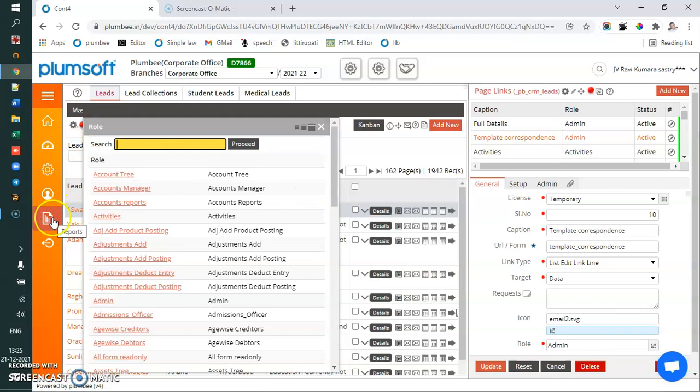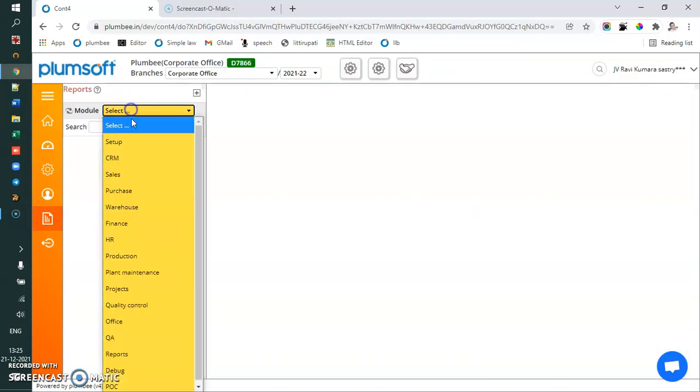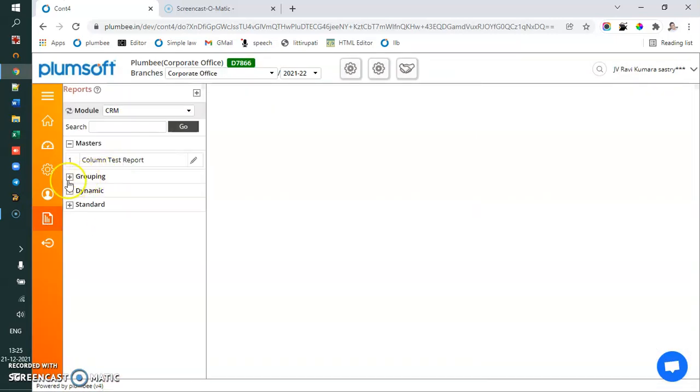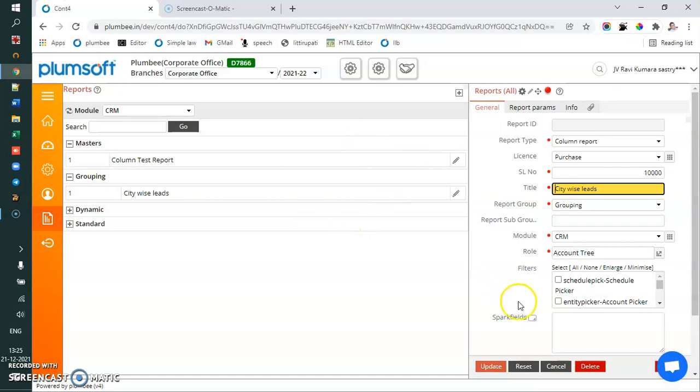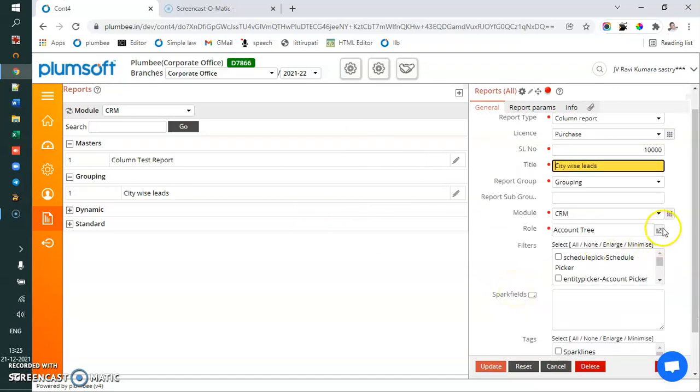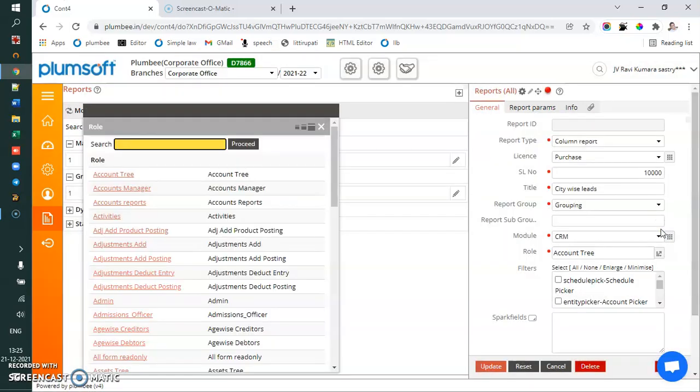And if you have to do it for the reports, you have the reports. I have in some CRM, some grouping reports or something. If you click here, you will get the report. If you click here, the report gets opened here. And here also you will see the roles are defined.